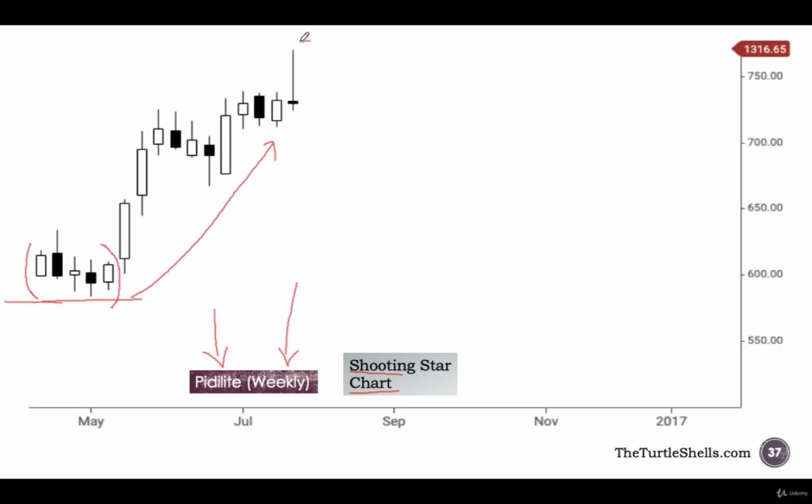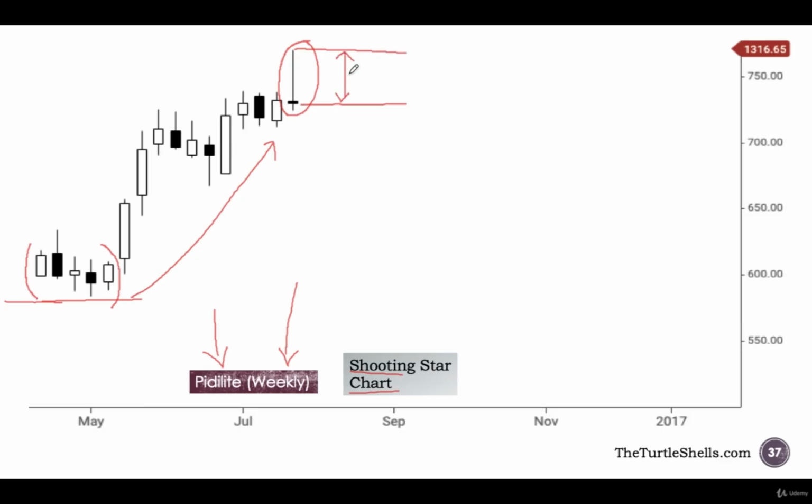And what do you have here? You have a shooting star. Now, I'm not comfortable with this small lower shadow, but nevertheless, if we look at the height of the upper shadow relative to the height of the real body, it is multiple times the height of the real body. And in the definition, we had mentioned that the real body of the shooting star must be as small as possible. So if we were to take this trade, we would keep our entry point here, our stop loss just above the high of the